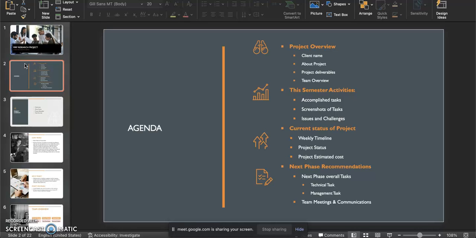We will also give an estimated cost related to this project, and at last we will give some recommendations to our client on both the technical side as well as the management side, as well as how communications will happen and how team meetings would go in our next phase. So, on the first topic, project overview,